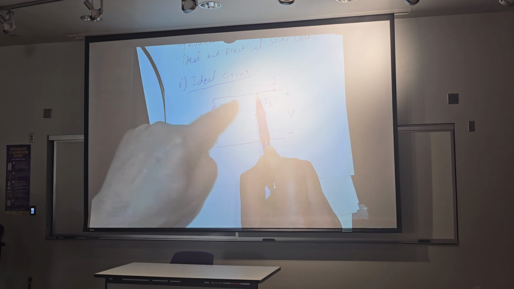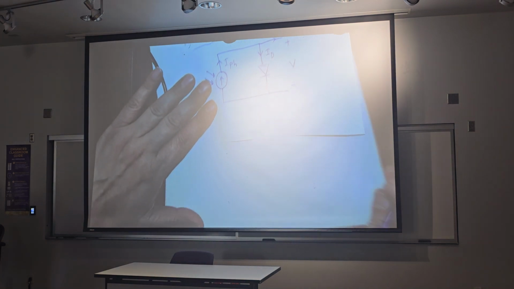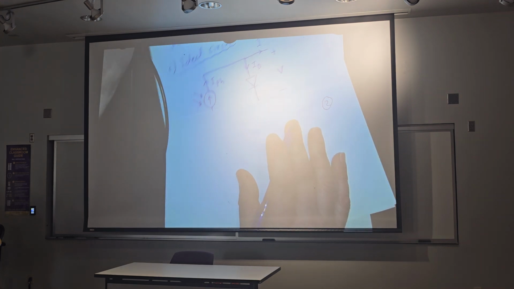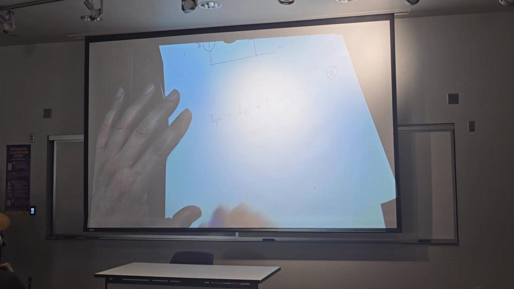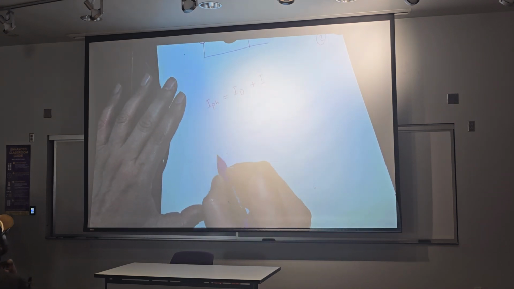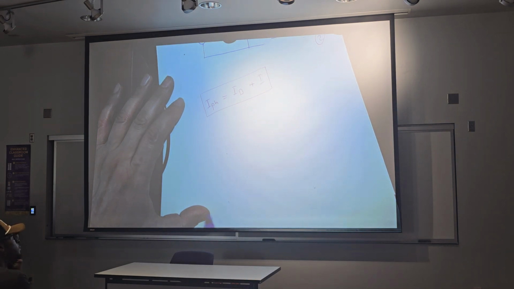So I pH equals ID plus I. So now, I pH equals I diode plus I. Where, in this first equation, where I pH,